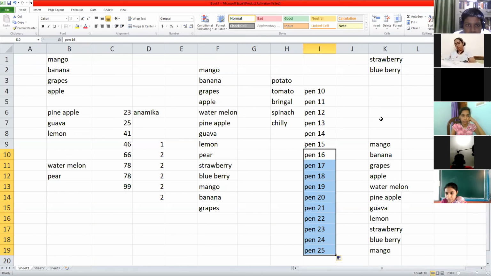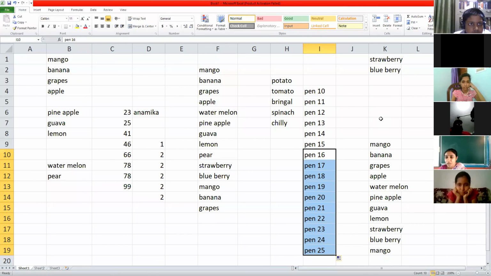Or if you have decided that in this particular column only dates, or only decimal values have to be entered, then nothing else should come. Consolidate combines values from multiple ranges.